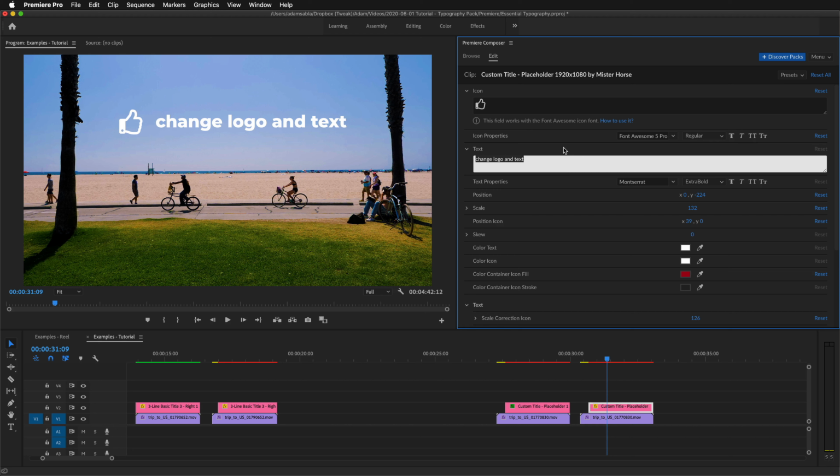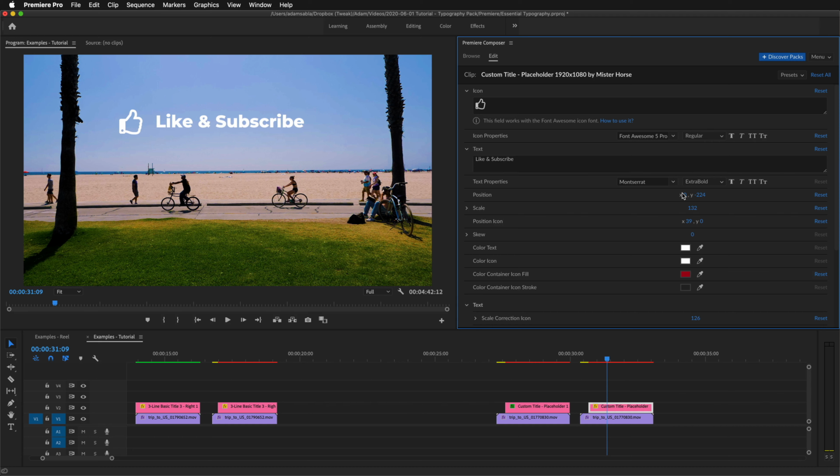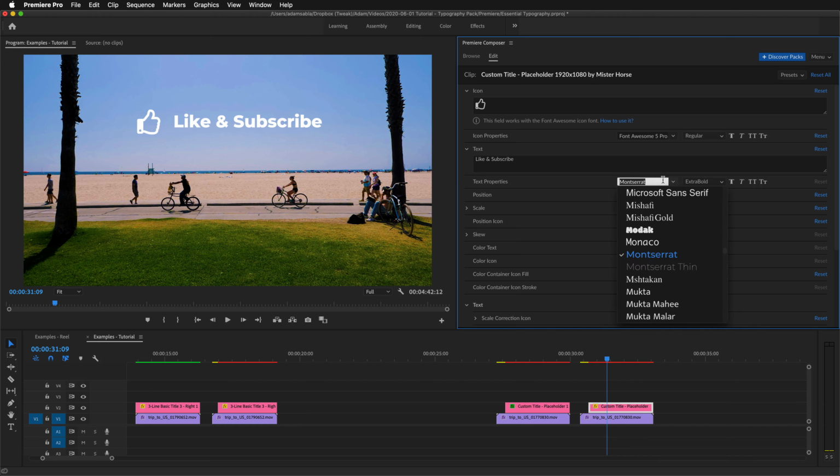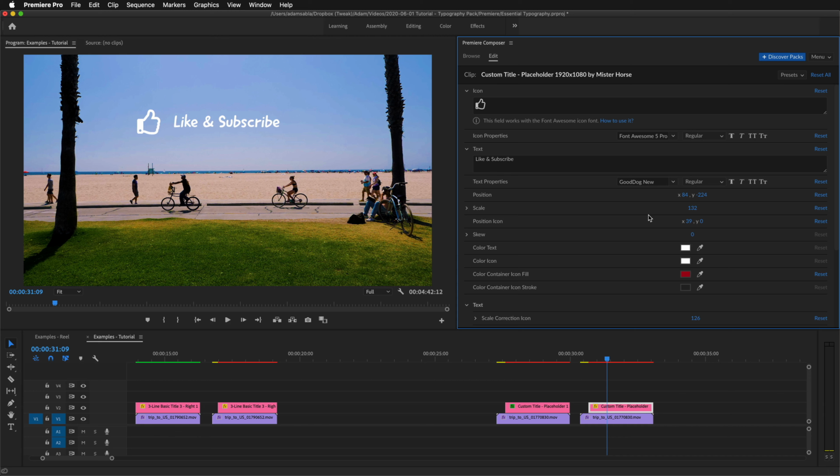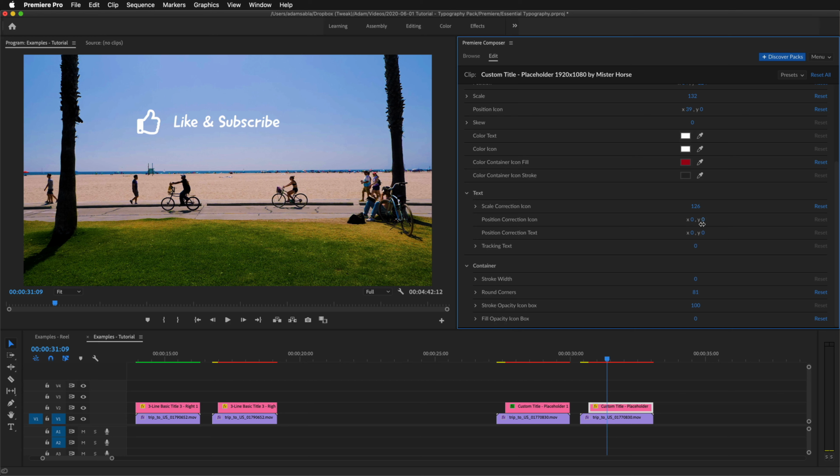Oh yeah, and change the text to something like and subscribe. Great. I'll reposition it to the center. Change the font to Good Dog New. Oh, and now I can see the font is a bit small. This is something that will happen quite a lot because fonts are just different. So I'll make the icon a bit smaller again